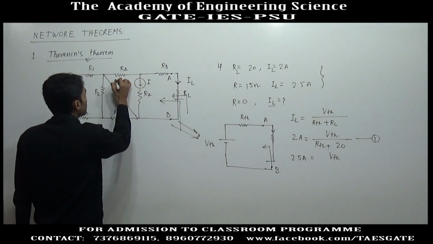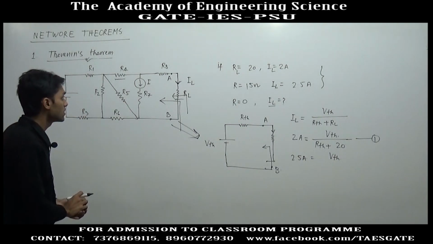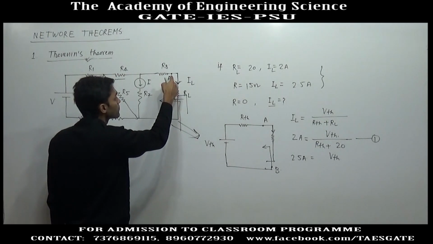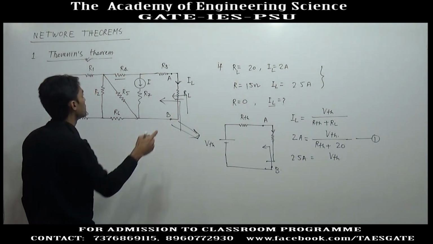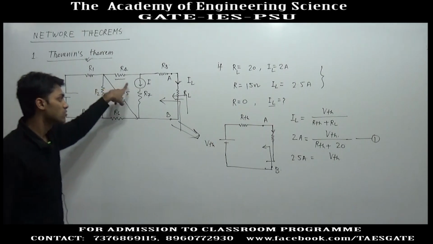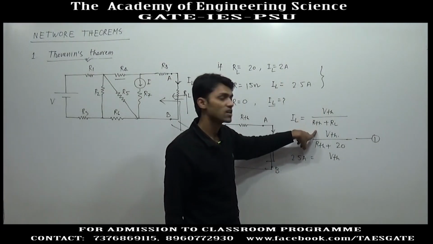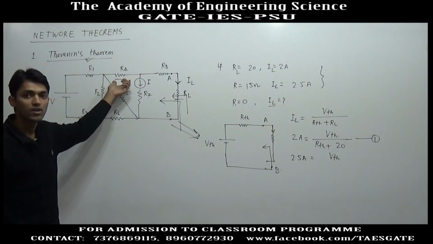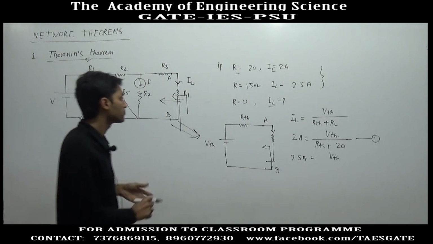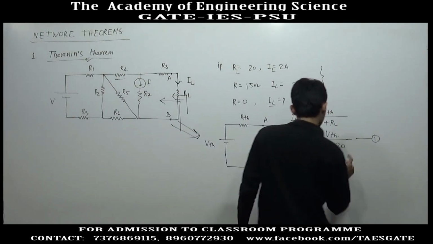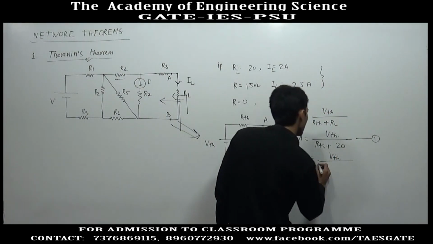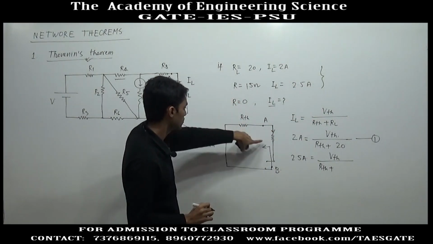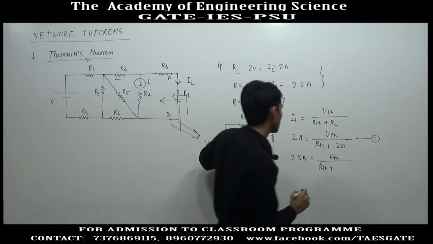If this resistance was changed and now you are making the Thevenin equivalent circuit left to the point of terminal A and B, now R4 has been changed. So, you cannot use the same VTH and RTH. You have to take the equivalent circuit about the terminal where the change is being made. So, I am using the same VTH and RTH plus the new resistance is the new load resistance, the load resistance is being changed, this is 15 ohm.